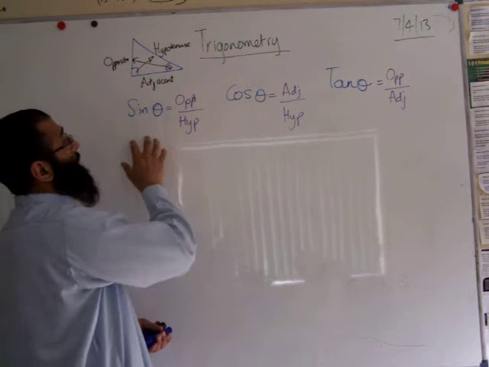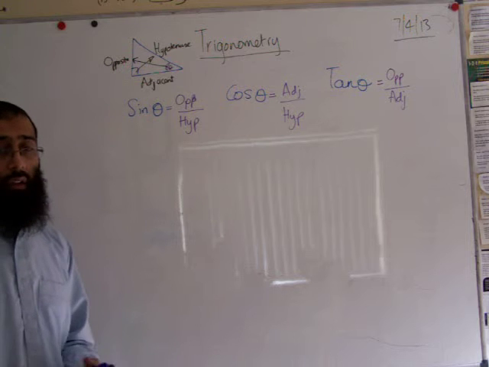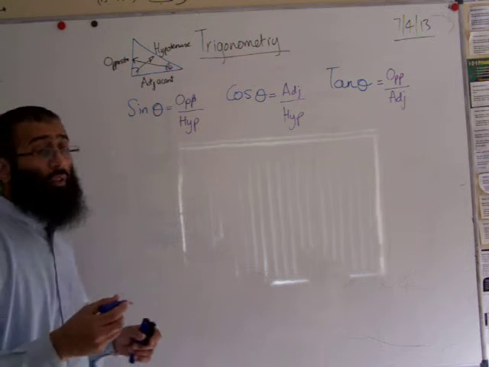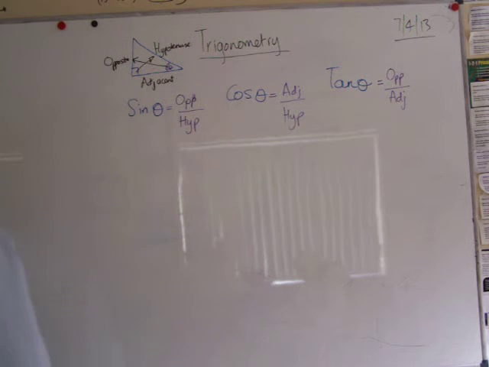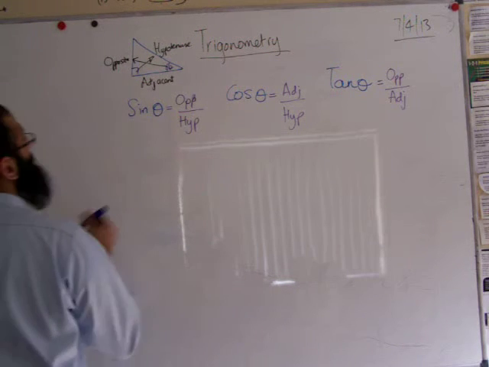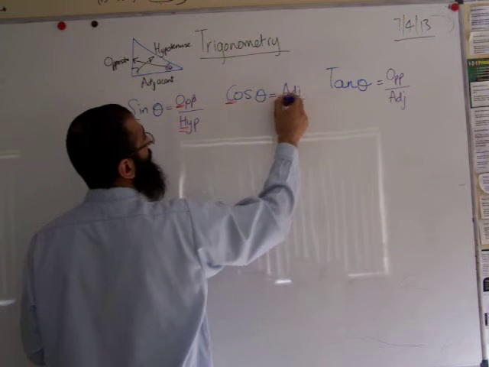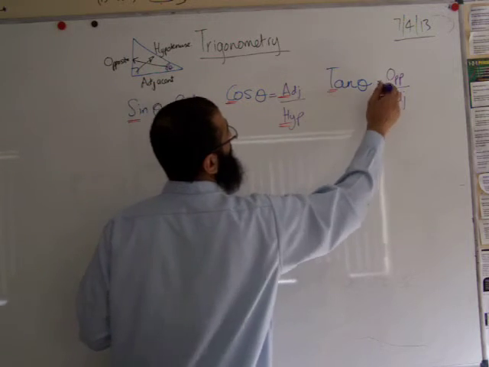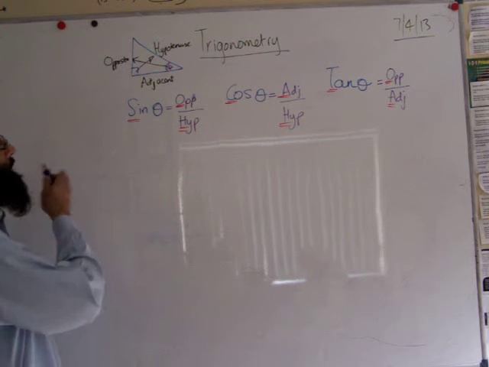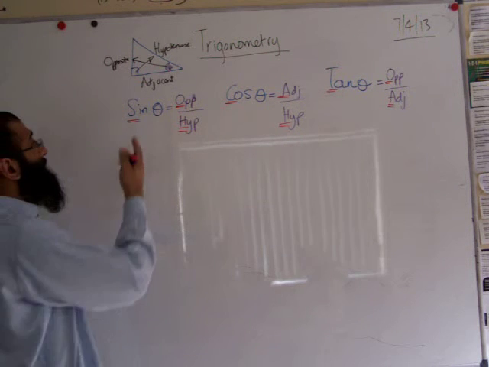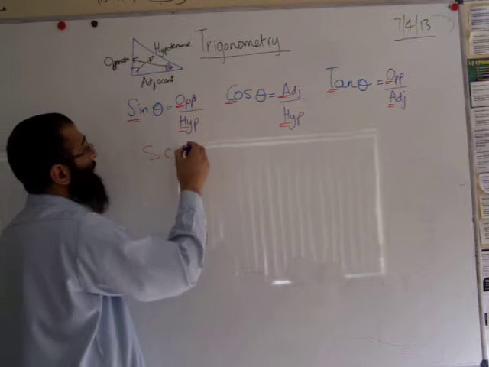Now, rather than having to write out the three identities each time, we have a way of remembering them all. It's called SOH CAH TOA. SOH CAH TOA uses the first letter of each identity. So S for the sine, O and H. So you'll see, in the original format,